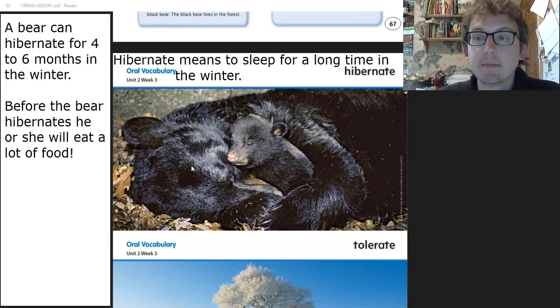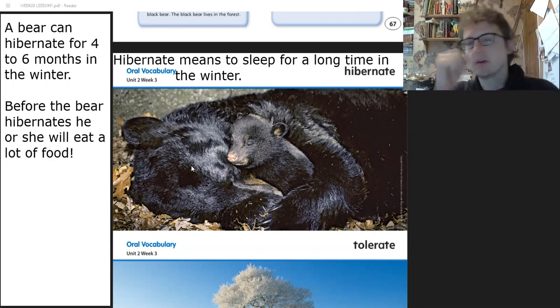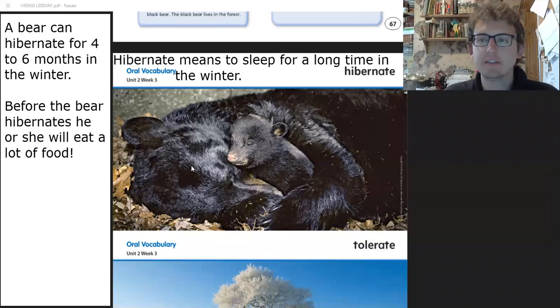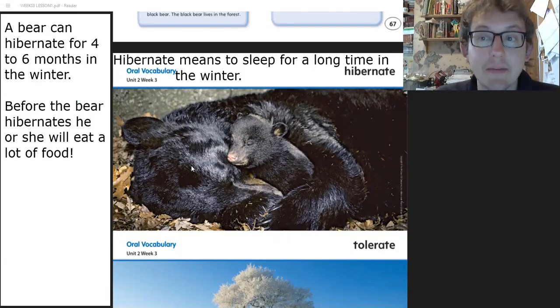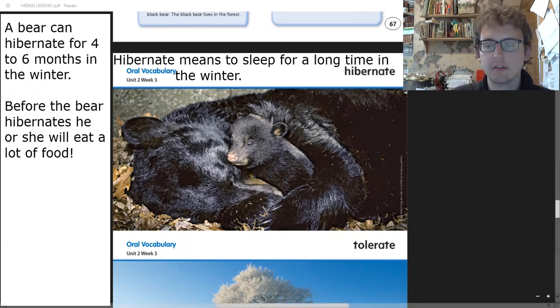Yeah, sometimes I want to sleep for the whole day, but I have to study or work or eat, so we can't hibernate. You and I have to get up and walk, work, eat, right? Eat a lot of food. So we can't be like bears. We need to always be moving. So now let's go to the next word.